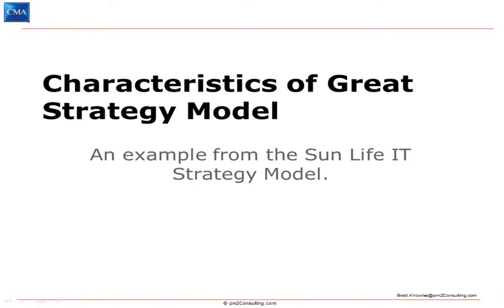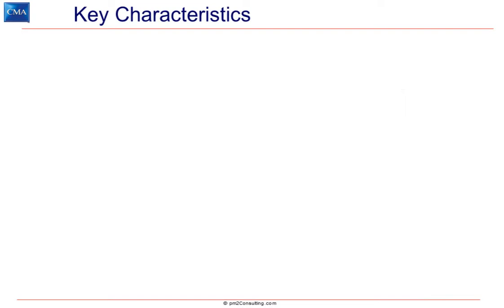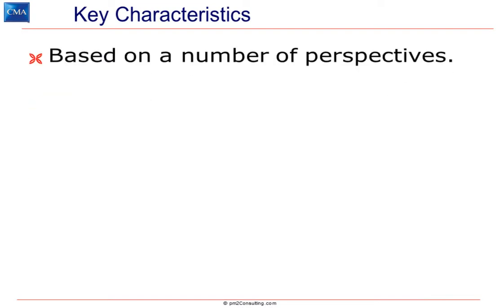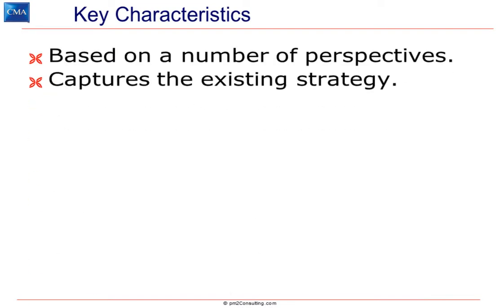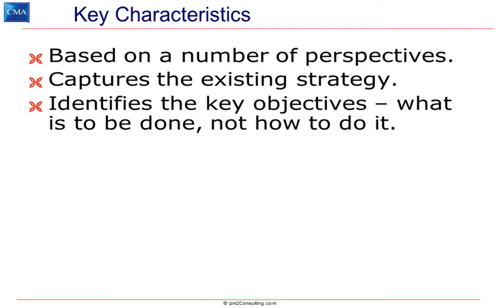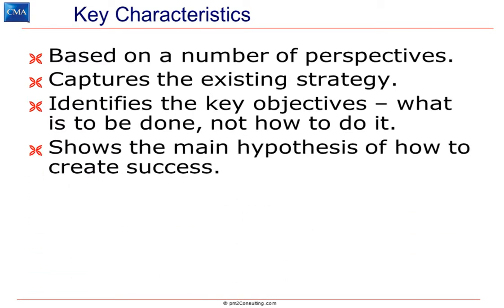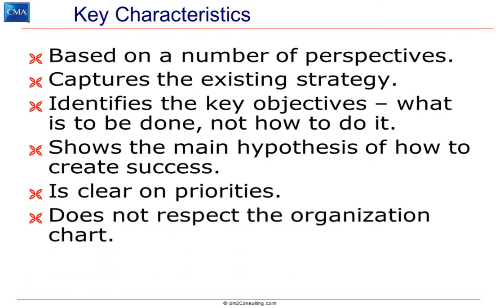Let's take a look at some of the characteristics of a great strategy model. First off, I believe that it needs to have a limited number of perspectives. It needs to capture the existing strategy. It needs to identify what your key objectives are, what's to be done, not how to do it. It needs to be clear that it shows the main hypothesis of how those objectives link to create success. It needs to be clear on what the organization's priorities need to be, but it doesn't need to respect the